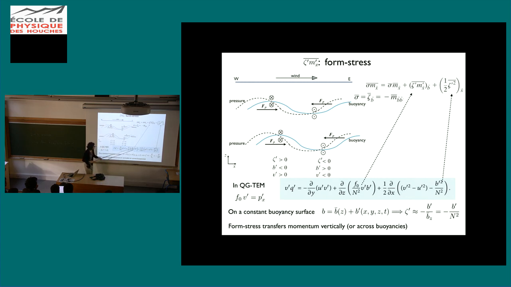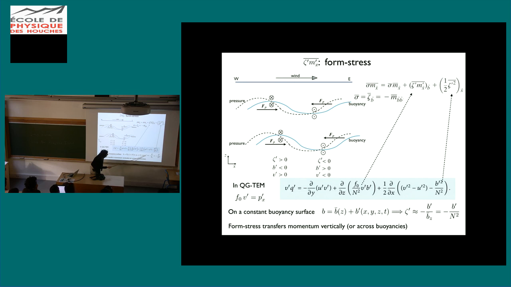And really what I want to do here is just make the connection between these terms and what we've actually seen before in the quasi-geostrophic TEM, where they take this form. Instead of d by dB, you have d by dz, and then you have f naught, the Coriolis parameter, v prime over b times b prime over N squared. This term, b prime over N squared, is, for small fluctuations of the buoyancy surfaces,